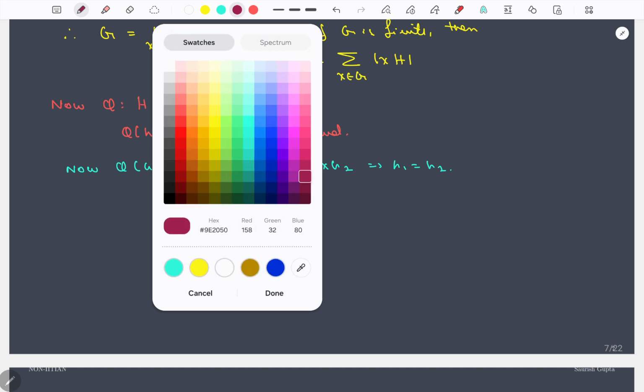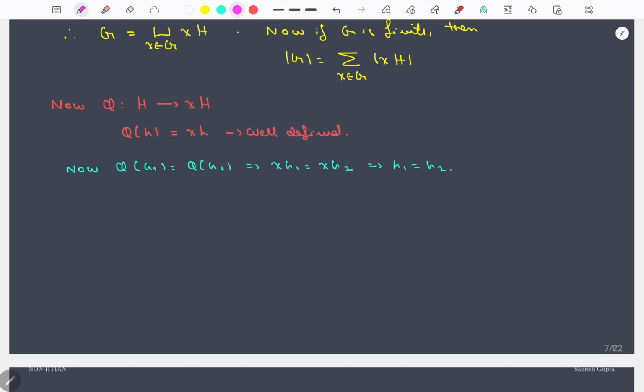So let me use another color here. If I have a times b is equal to a times c, that would imply a inverse times ab is equal to a inverse times ac, but then by associativity I have a inverse times ab is equal to a inverse times ac, which would imply b is equal to c, right? Okay,